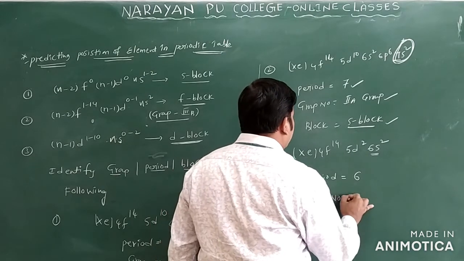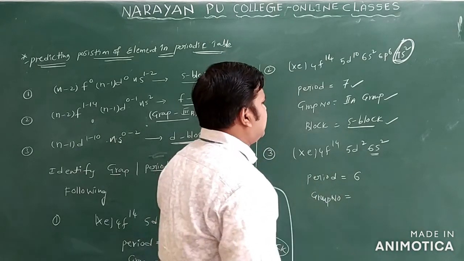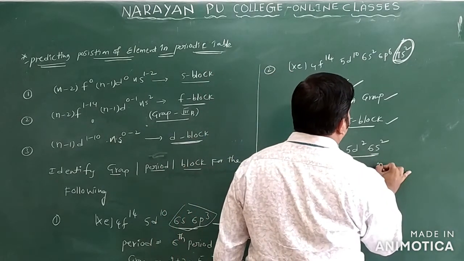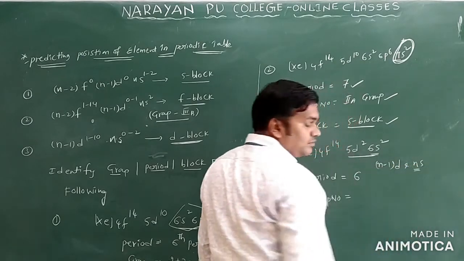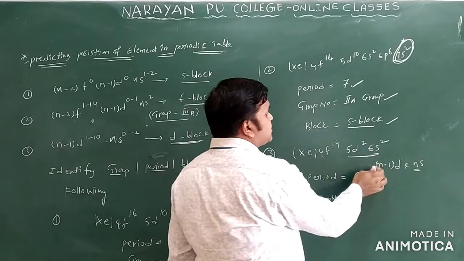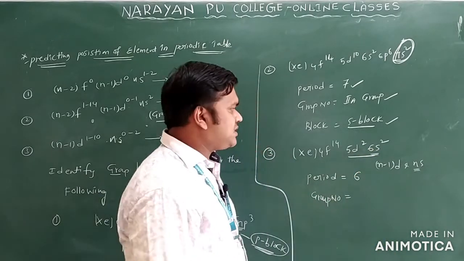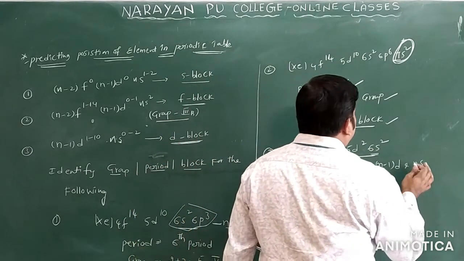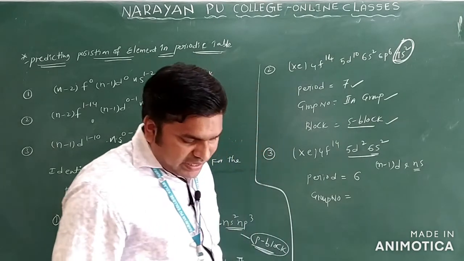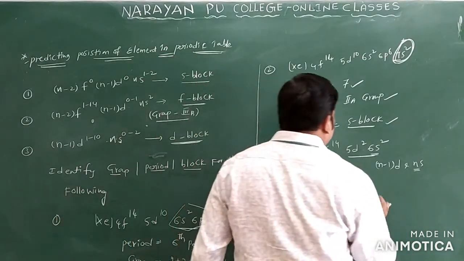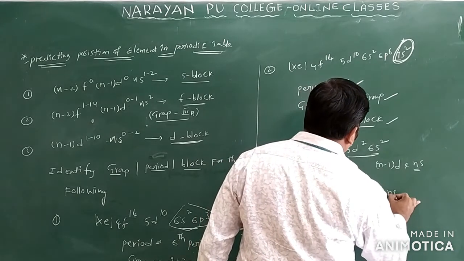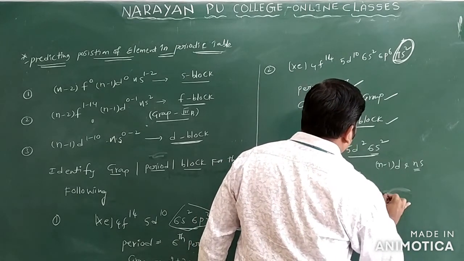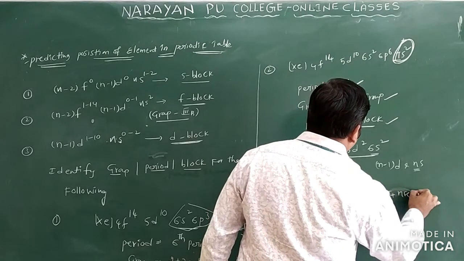Now the group number. In the case of group number, what electrons do we have? The electrons are the n-1 d electrons and the ns electrons only. So 5d, since 6 minus 1 is 5, we get 5d, and that is 6s2 only. So n-1 d electrons are there, and one more, the ns electrons also. So we write n-1 d electrons plus ns electrons only. Both you write in the case of group number.